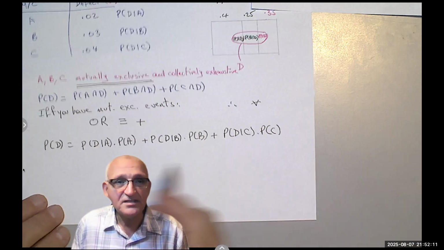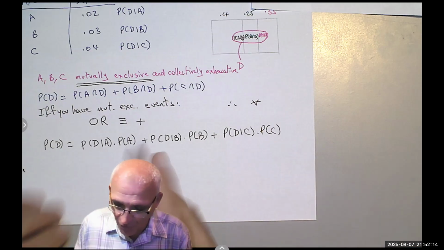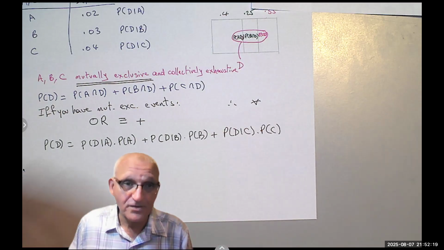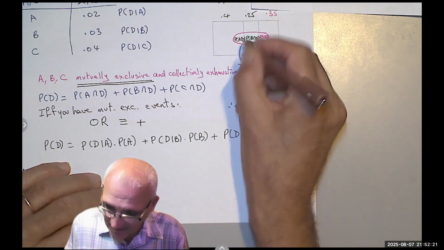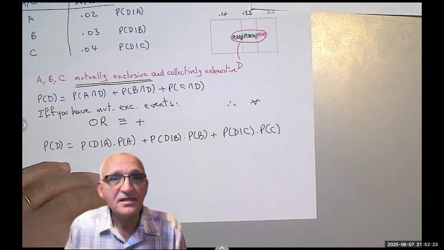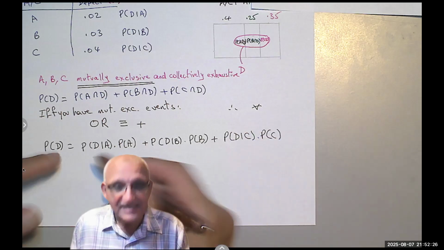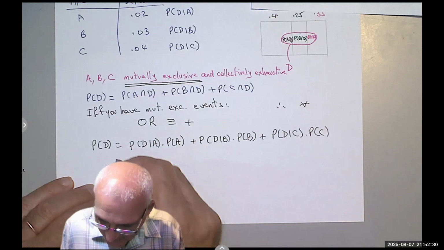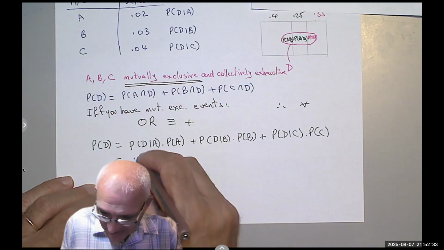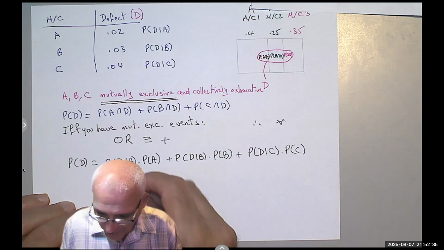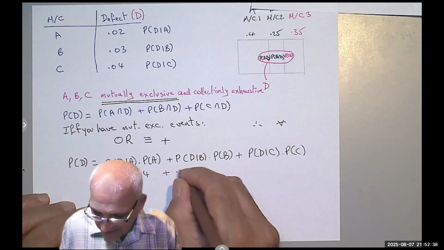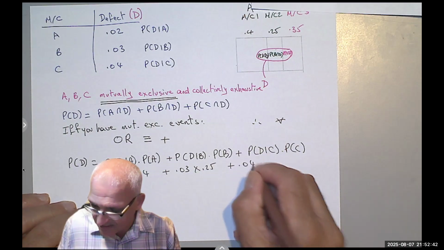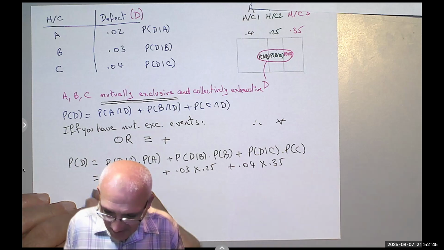All three are mutually exclusive, so the or, this, or this, or this, these are the defects. It's either this or that. The or becomes plus, and then I use the conditional probability to solve, and now I can say probability. So it's 2% times 0.4 plus 3% times 0.25 plus 4% times 0.35 equals